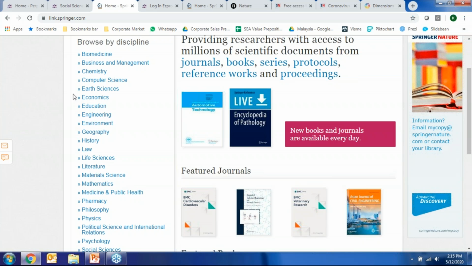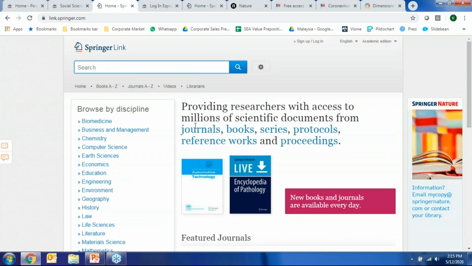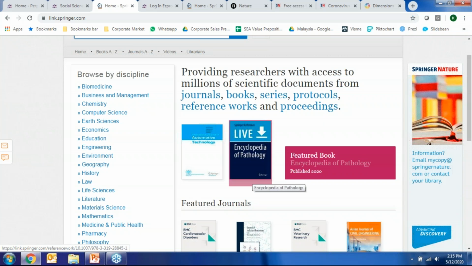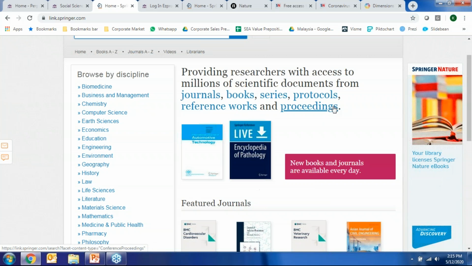All right. Moving on, and finally to the third part, which is more towards the middle right section of the page, you can see that we've also provided links to the different types of content that are available on Springerlink itself. So there's a link to just the journals if you want to see only journals. Books, this is for series of books. These are for protocols, or lab experimentation protocols, step-by-step procedures on how to achieve a certain experiment outcome, for example. Reference works, or some people know them as encyclopedias, exemplified by this particular one at the bottom, and also conference proceedings, which are also fairly popular amongst researchers.